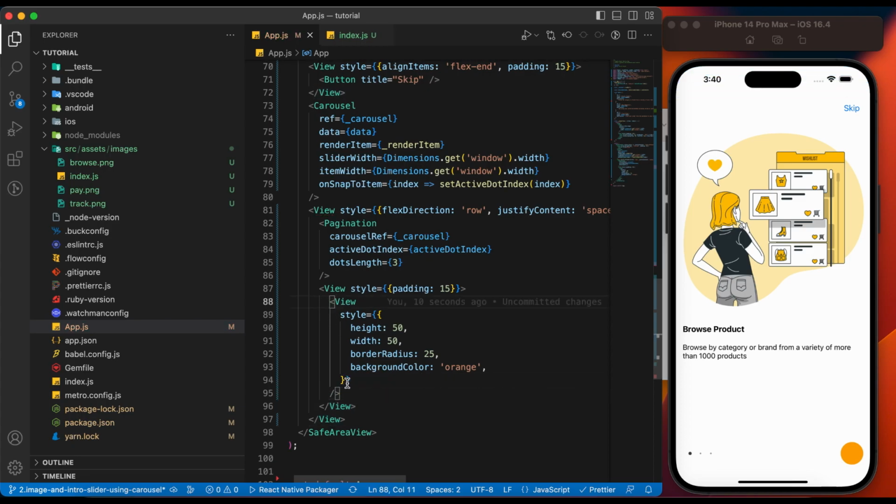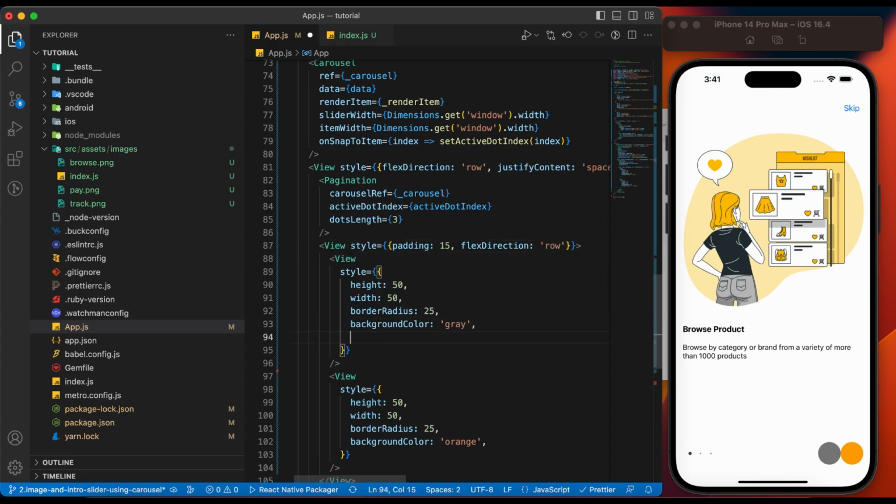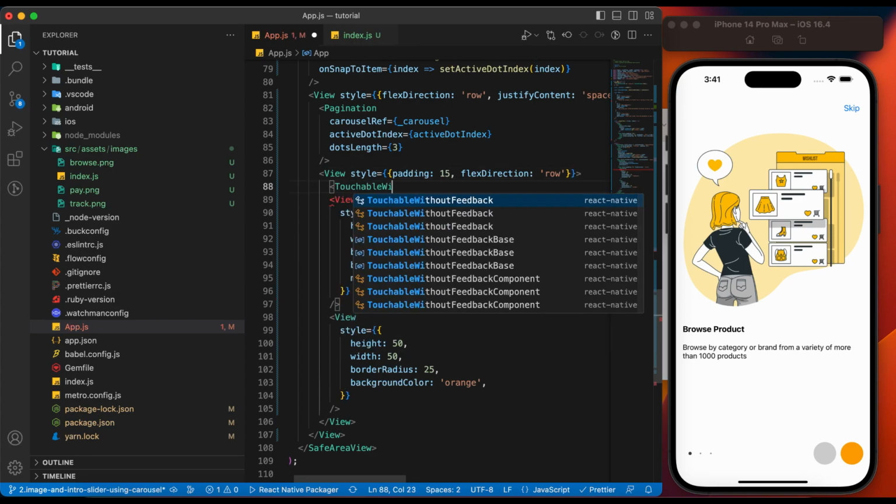Let's add the previous button. Align them to appear side by side. Change the color to light gray. We need to add the touchable without opacity to make the views clickable.